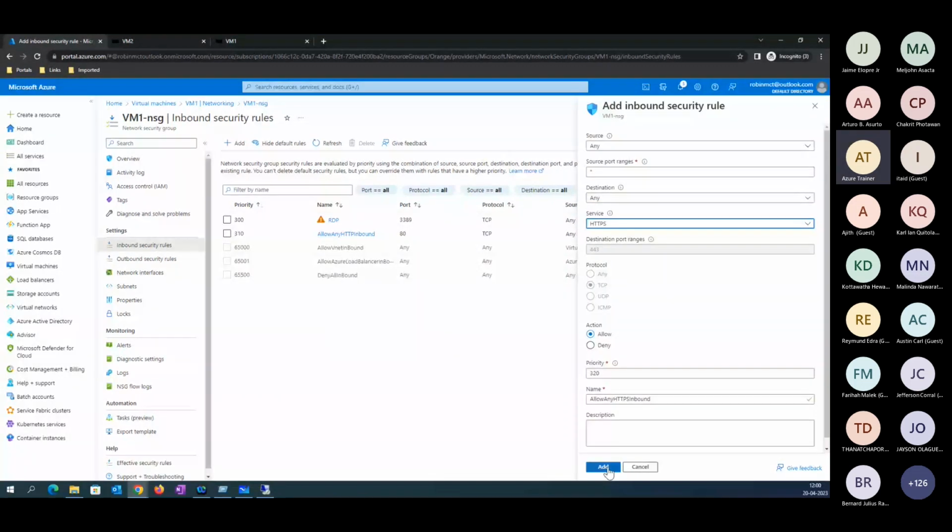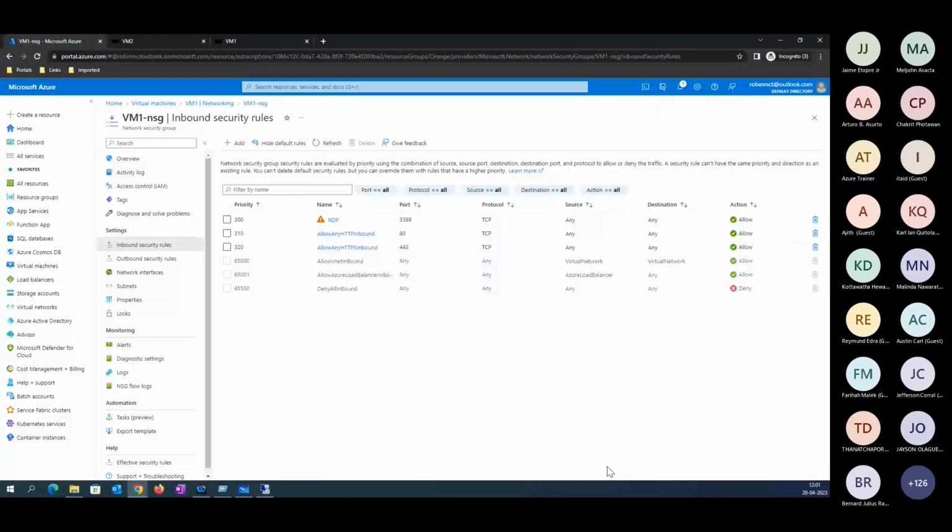Regarding the priority number, Melinda, it decides in which order the rules need to be processed. If you configure multiple rules here, which rule is processed first is decided by the priority number. The same applies to outbound rules. The priority number starts from 100 and goes up to 4096.